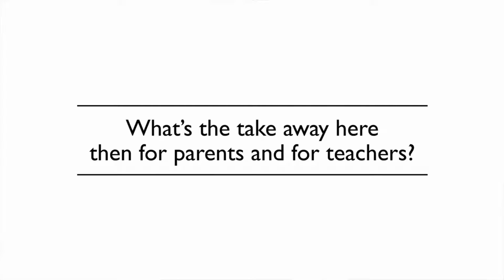So what's the takeaway here then for parents and for teachers? What's nice about this is that it basically provides an incredibly simple prompt, right? Instructional prompt that anybody can use, right? Teachers and parents and caregivers. So by simply asking why pretty frequently during a learning process, that can be when your kid is sort of